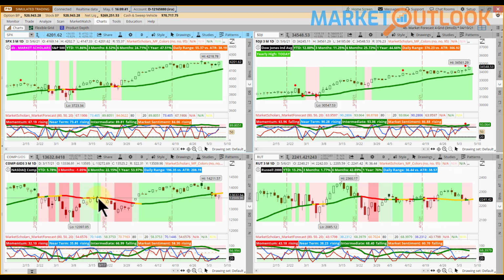And many of you are aware of that technical analysis concept of old resistance becoming new support. And right here, we had kind of that topping out area. In fact, it was a little bit of a double top if you looked at those two candles back here at the beginning of March, and then again right here in the middle of March. Eventually, we were able to get through it, but as is often the case, you don't